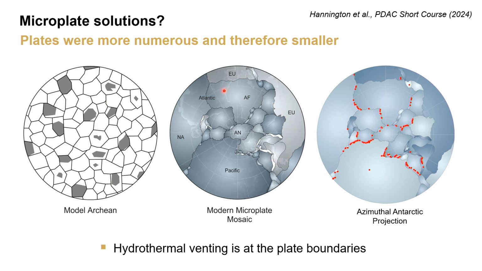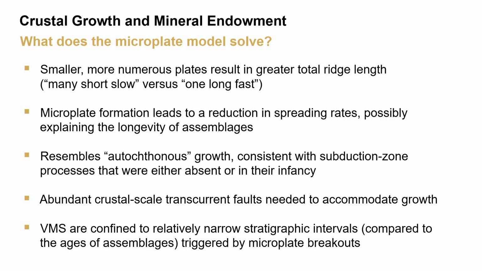And the heat is efficiently extracted, of course, from these microplate mosaics by hydrothermal activity, which is shown by the red dots. These are modern day black smoker deposits that basically festoon the plate boundaries around the microplates. The idea being that the more plates you have, the more plate boundaries you have, the more mineral deposits form. And it turns out that this looks like it's happening at all scales. It's infinitely scalable from the planet all the way down to the Northern Lau Basin or the Abitibi Greenstone Belt. What were some of the main observations of the microplate model that are described in this paper, which, by the way, is open access? You can download it from the November issue,